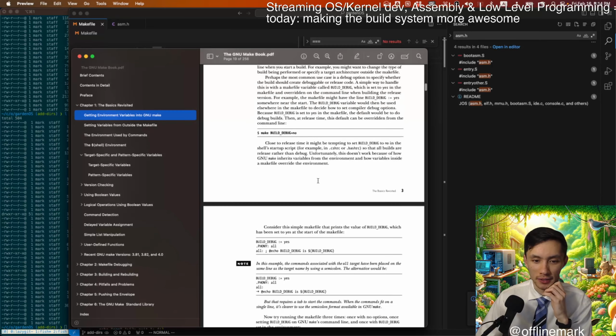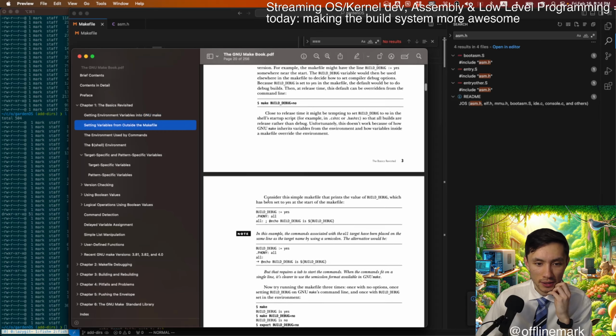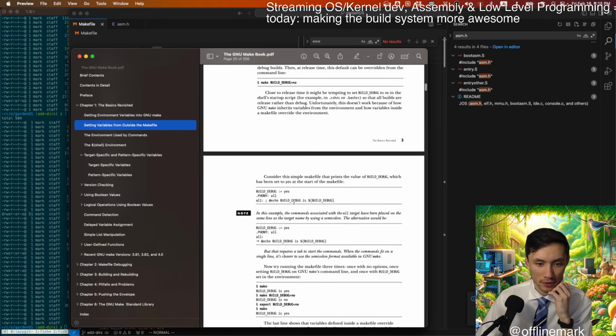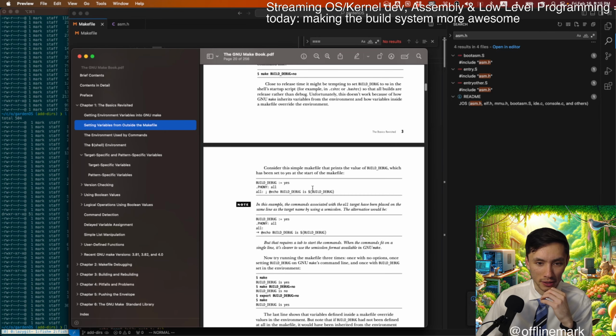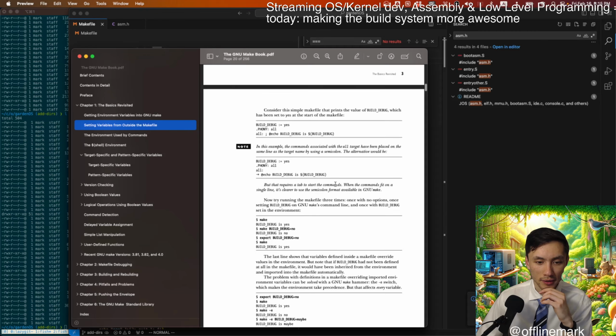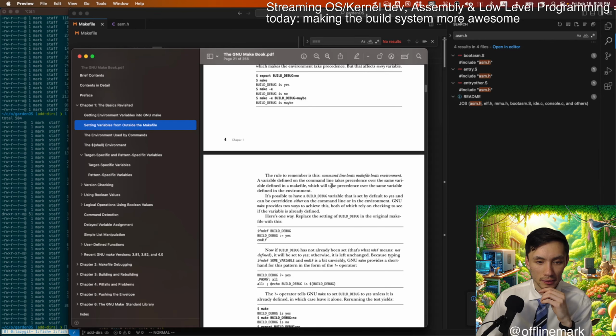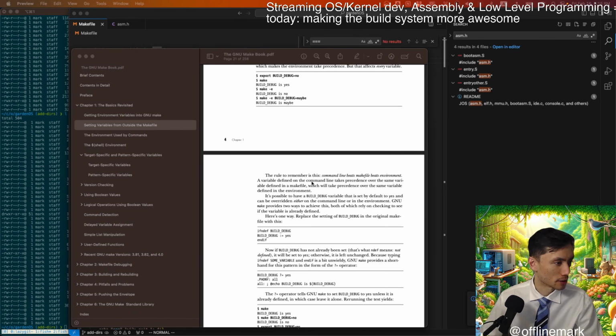Maybe just ChatGPT is the way to go here. Or maybe it's this colon equals thing. I also think I have another make book lying around, but I can't find it right now. All right, it's annoying.